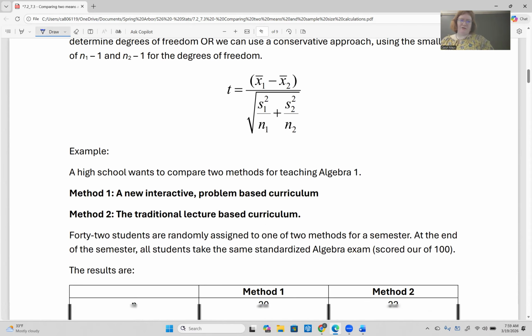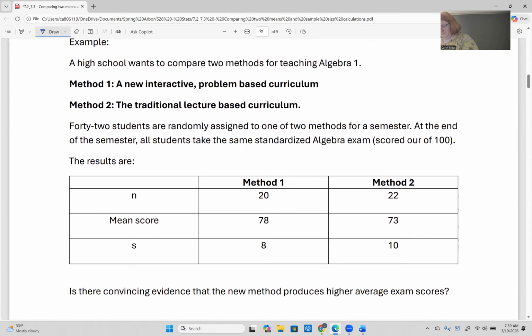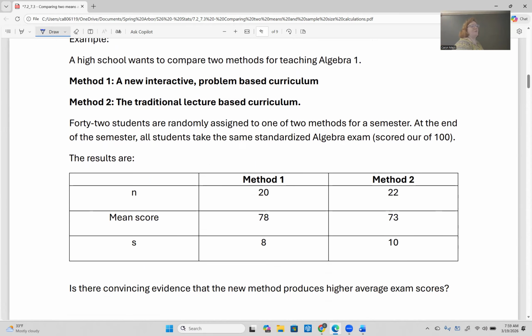So we've got a high school that wants to compare two methods for teaching Algebra 1. This is where we left off. Method 1 is a new interactive problem-based curriculum. Method 2 is the traditional lecture-based curriculum. 42 students were randomly assigned. So we're told it's random. To 2 methods for a semester. At the end of the semester, all students take the same test,